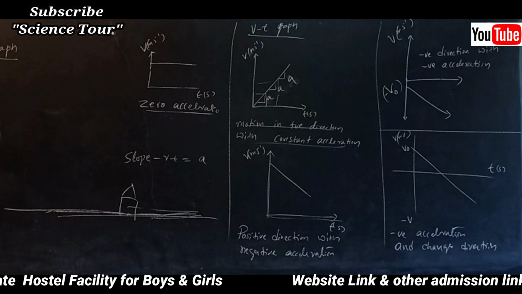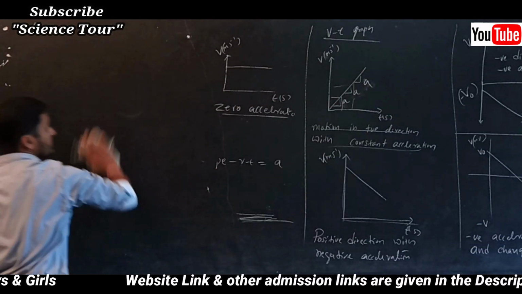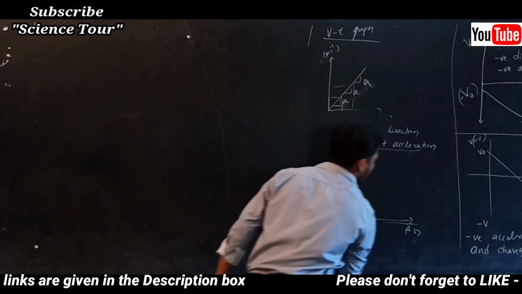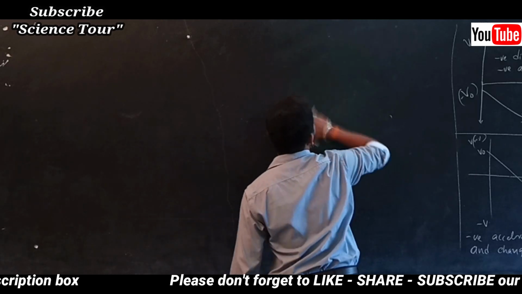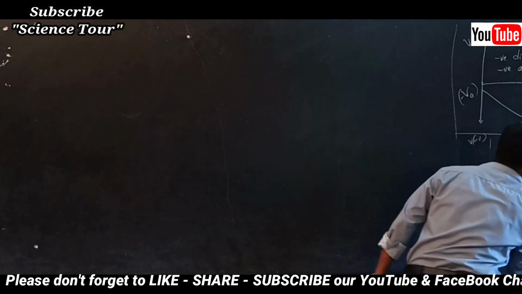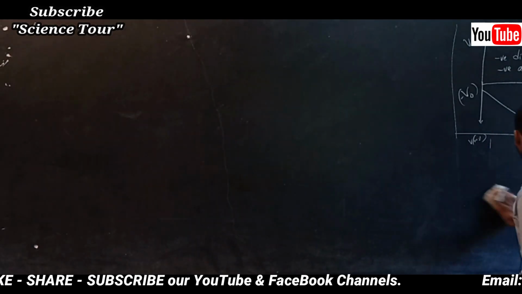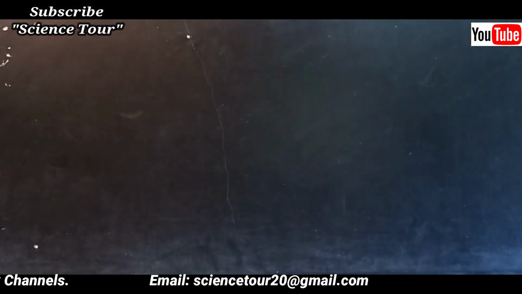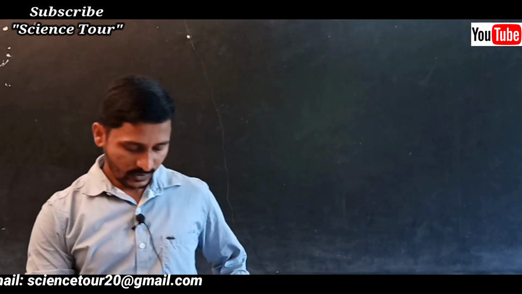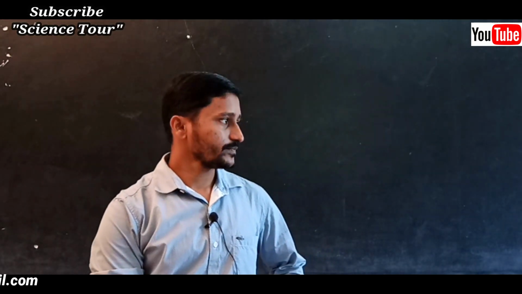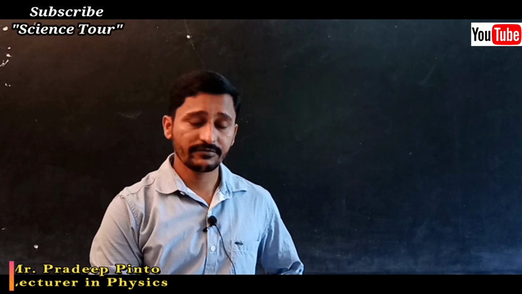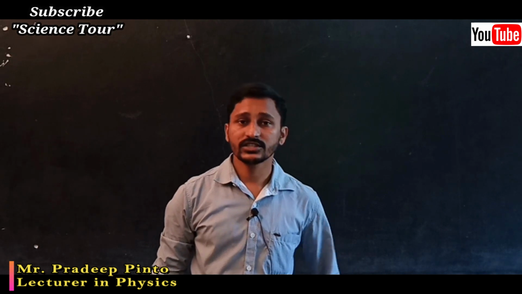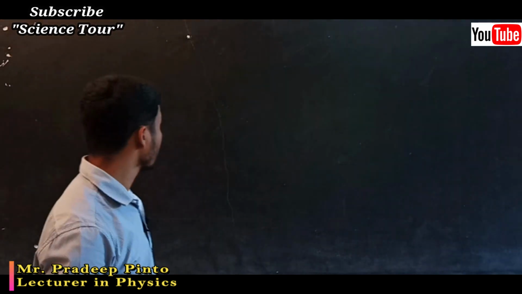So these are the different types of graphs we are going to discuss in the velocity time graph, or else the acceleration time graph. As of now we have discussed position and velocity time graphs for different cases. For the exam they will ask you the definitions. What is the definition of a position time graph, what is the definition of a velocity time graph, they are going to ask. That you have to find out.